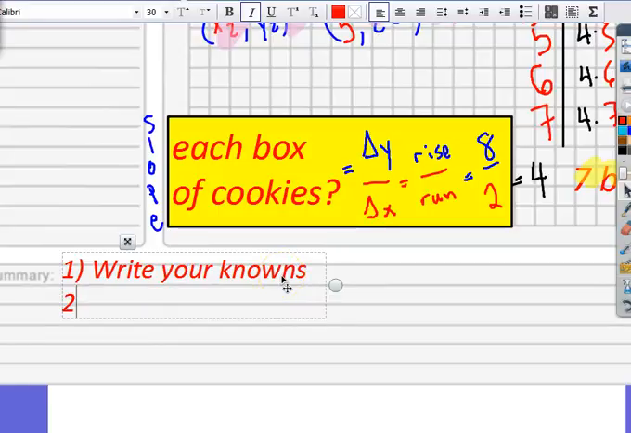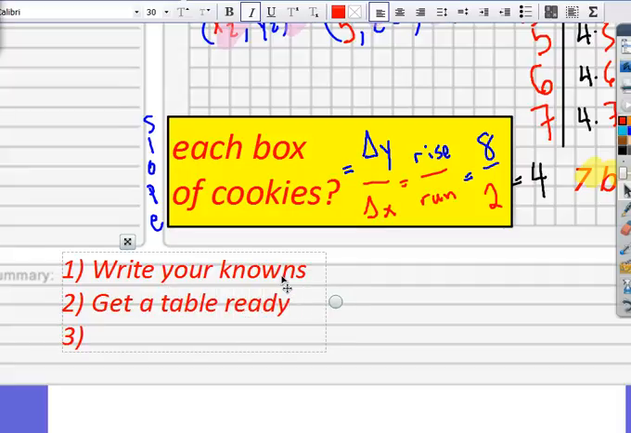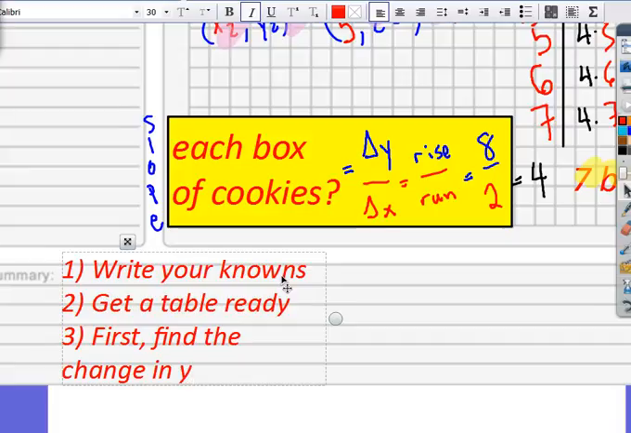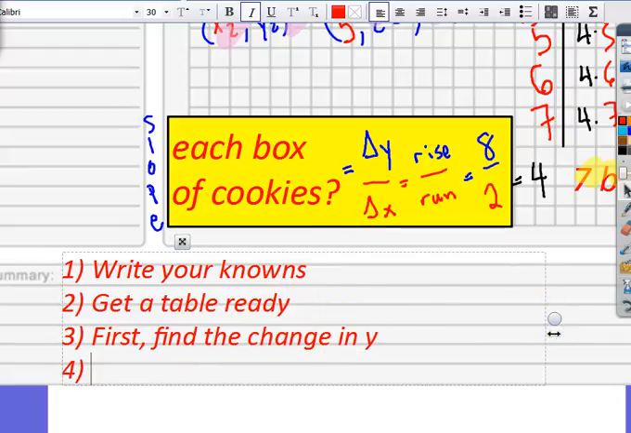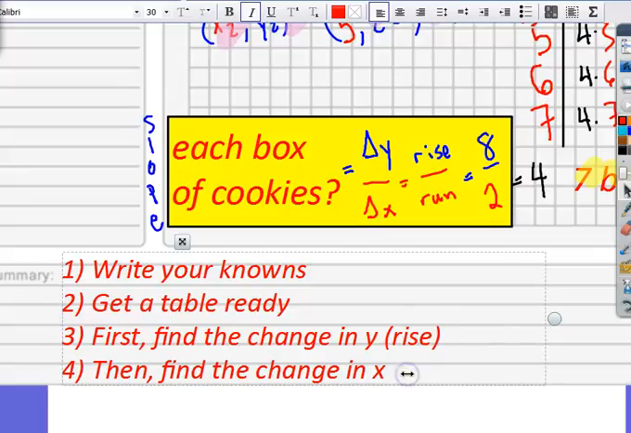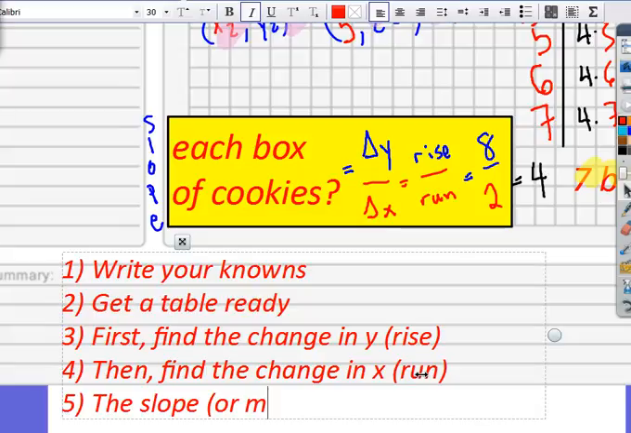Once we wrote the knowns, maybe get a table ready, we used that table to first find the change in Y, then find the change in X. I'm going to call this the rise, and on the next page it's going to be the rise as well. This is the run. So Y is up and down, and so that's the reason why I call the change up and down the rise, and the change in X I decided was the run. The slope, or the multiplier,